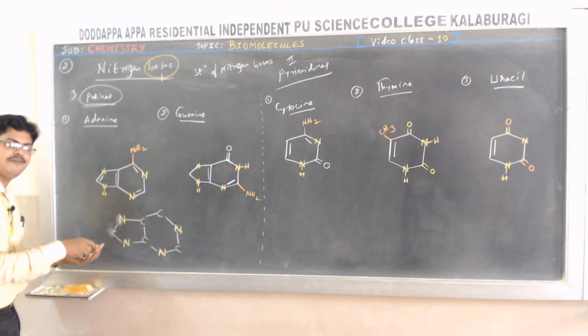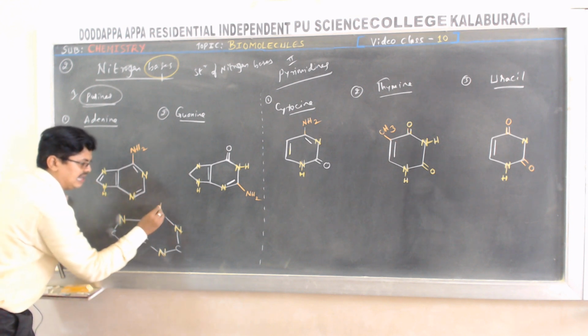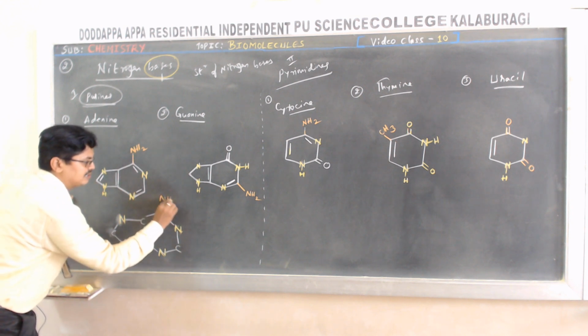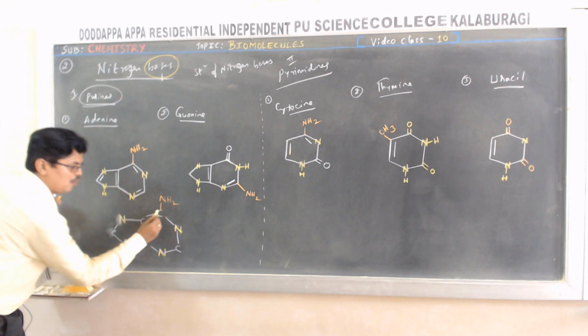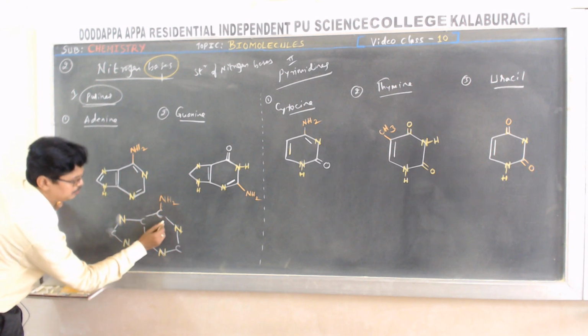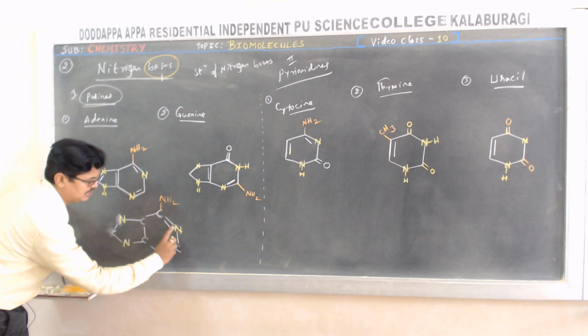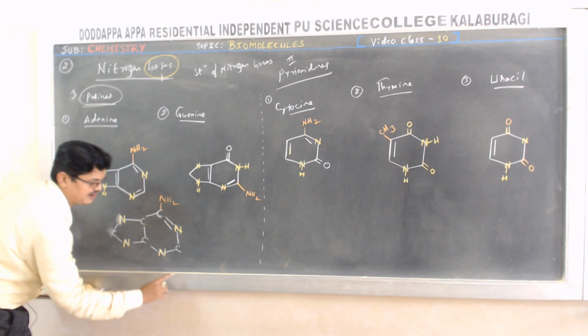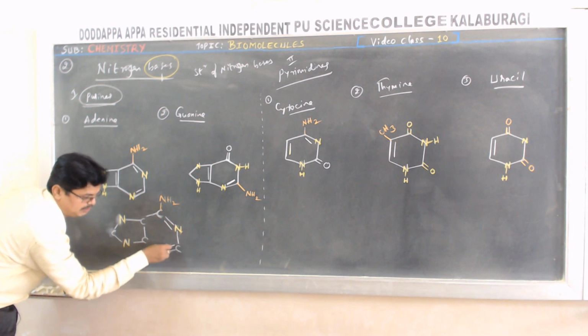First you need to remember adenine. Adenine means a carbon which contains an amine group here. Now focus on the valency. Valency of carbon is 4. 1, 2, 3. Okay, that's why you put a double bond here. It becomes 4. This nitrogen valency is 3. 1, 2, 3. Satisfied. Carbon valency 4. 1, 2. Let me put a double bond, 3.